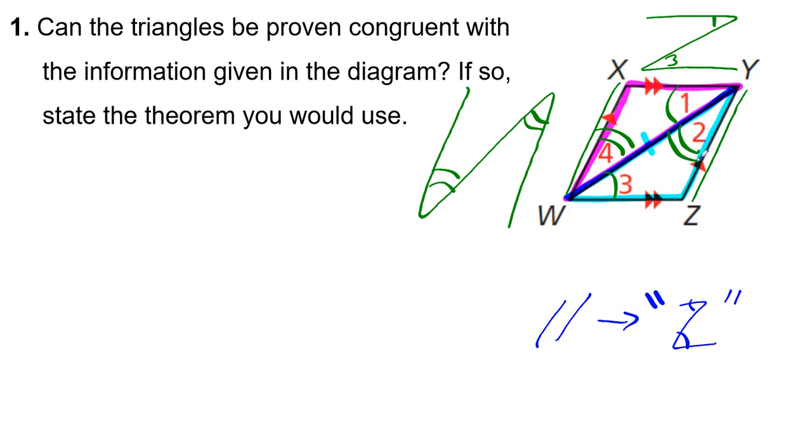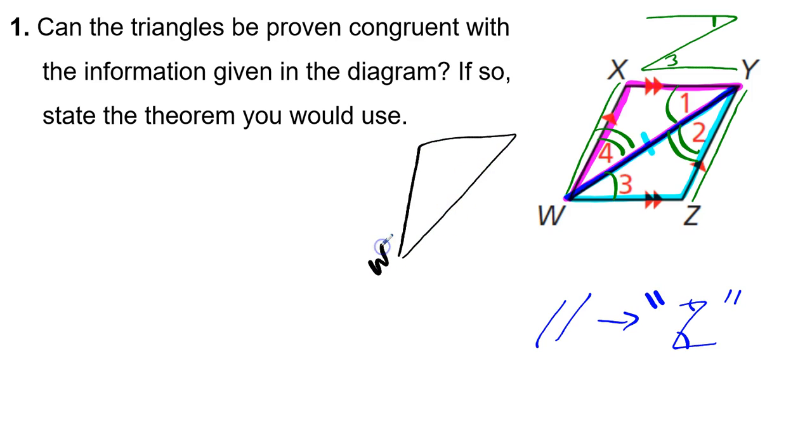Now that's a lot of markings and a lot of color. So sometimes it's good for us to pull aside and draw a picture without everything. Whoops. Grab a marker. This is W, X, Y. And we've marked, this is angle 4 right here. This is angle 1. And then we said YW was congruent to YW. So since the side is the one that connects those two angles, we're using angle, side, angle to prove the